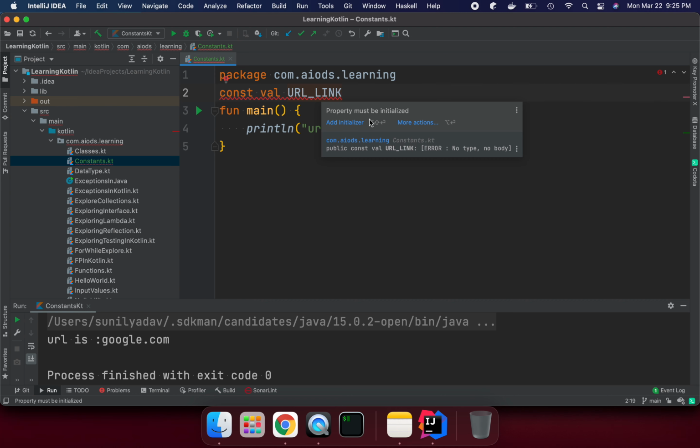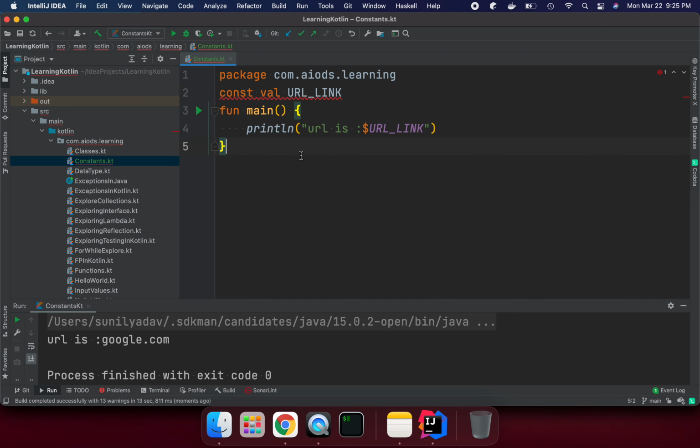So first we must initialize it, because this is a compile time property. It is not going to be defined at runtime. So this is a constant and how we can use it. That's what I wanted to cover in this lecture, and this is very useful. Suppose you want to declare some values at compile time, like we have some URLs and we want to declare them with a constant, that will be useful. And we should always take care that all the characters of the variable name are uppercase and separated by underscore.